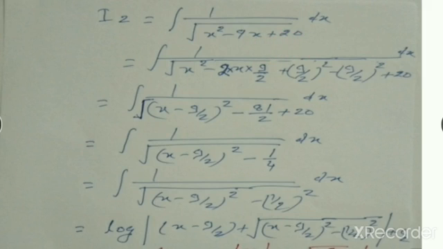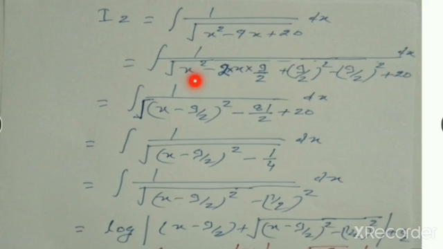Now this will be changed into integrable form. See how to change it into integrable form. We have to write x square minus 9x plus 20 in the form of a minus b whole square minus b square, or plus b square. To change in this format, we write x square minus 2 into x into 9 by 2 plus 9 upon 2 whole square minus 9 upon 2 whole square plus 20 is as it is. See how to change this one.